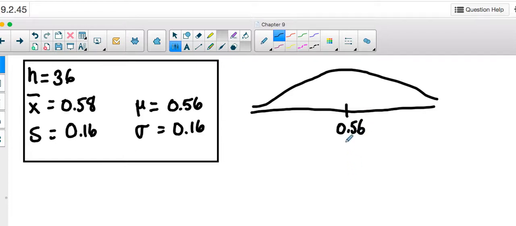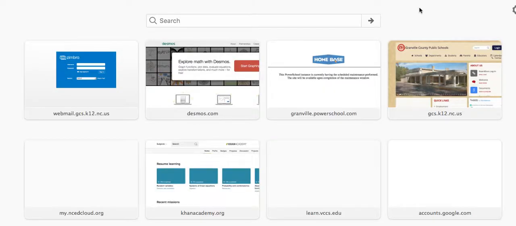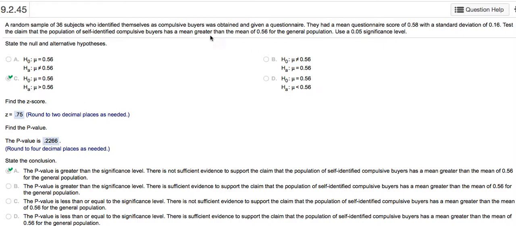When I did my survey, I actually got a number that was bigger, on this side, 0.58. The question is asking me, let me go back and get the question exactly. It says, to test the claim that the population of self-identified compulsive buyers has a mean greater than the mean of 0.56 for